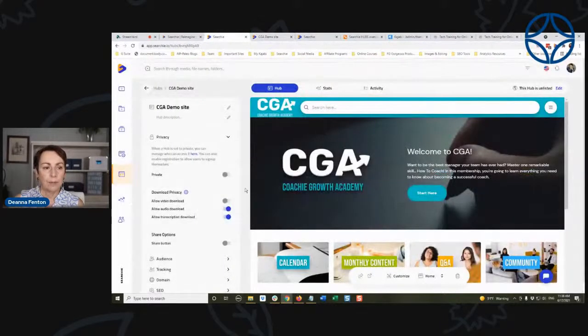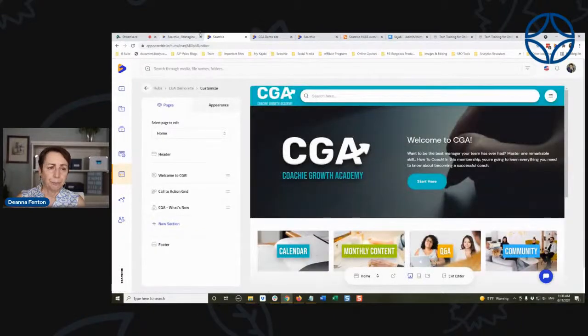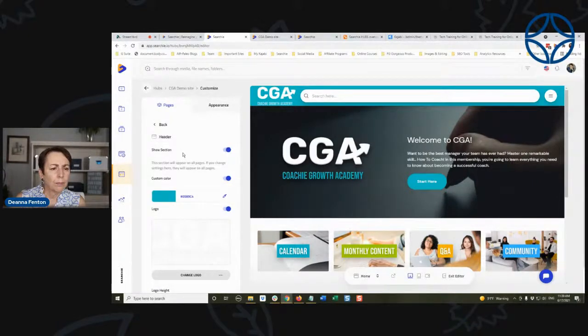So like I said, if we look at this one and I click customize, we add or select our pages to edit them. Each page, you can add sections. So once again, this one is considered a header.